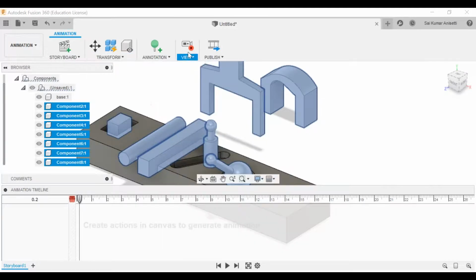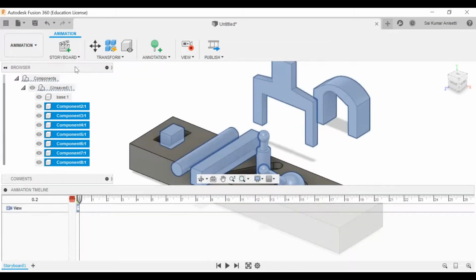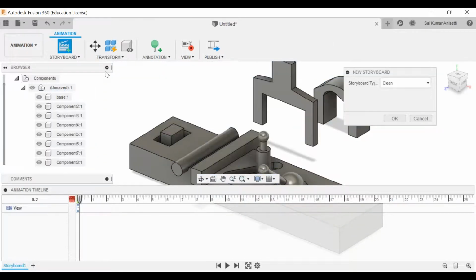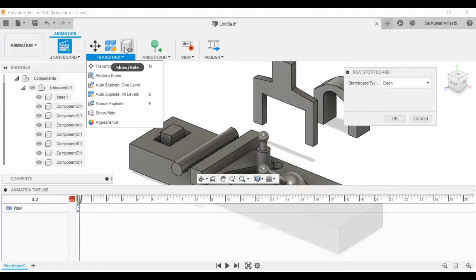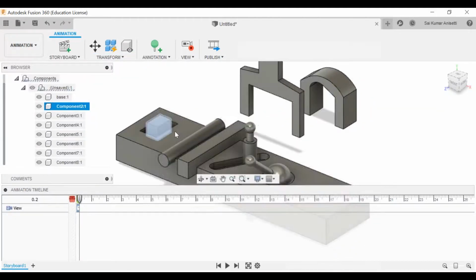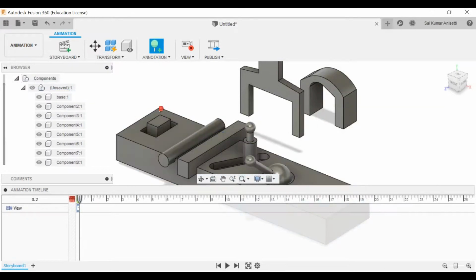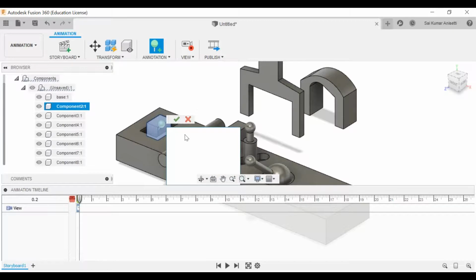Okay, new storyboard. This is just to create your animations and everything. So we want to create an annotation for this.